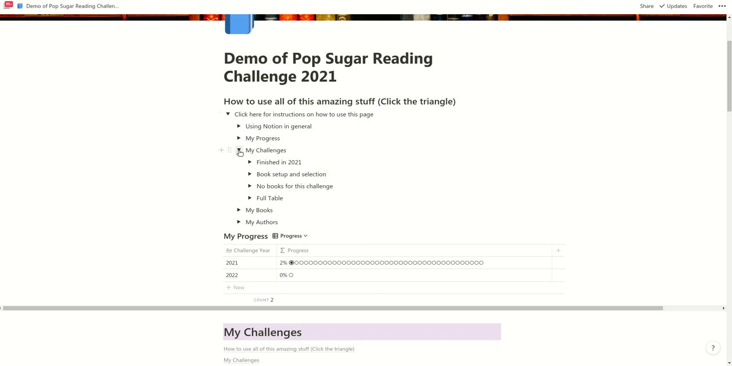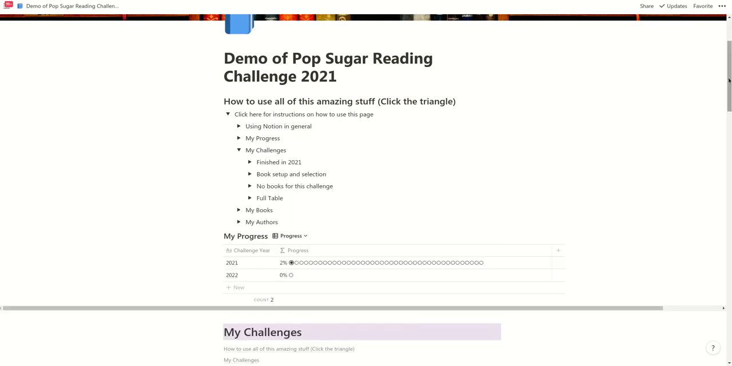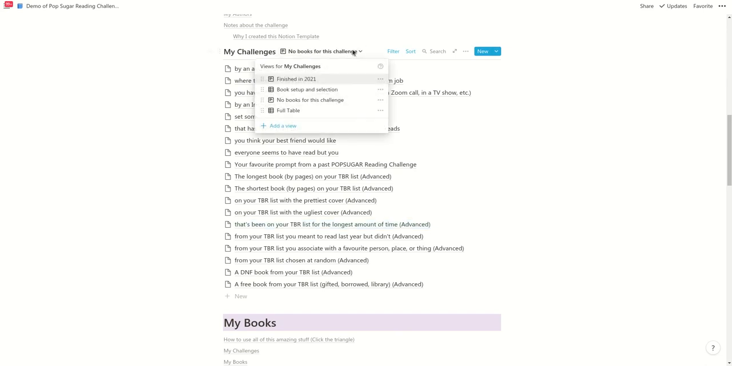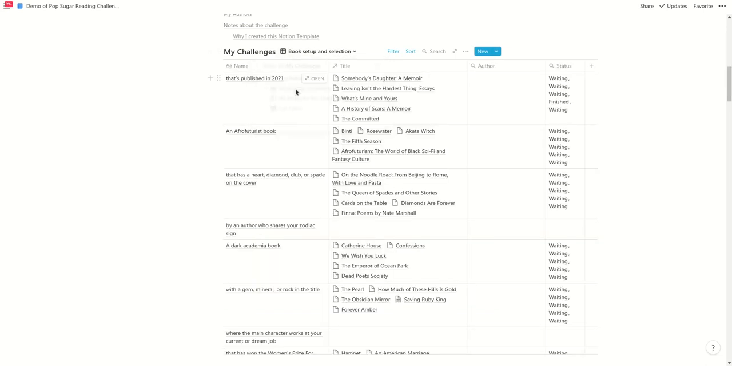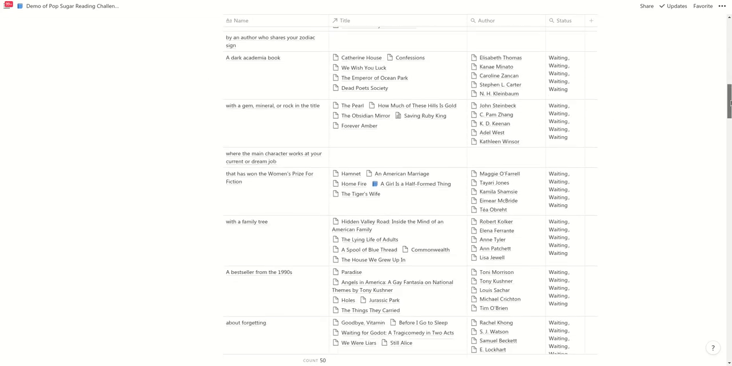So let's get started and assume that you want to add a book to your challenges. Book setup and selection is a good way to go. Under book setup and selection, there's instructions for how to add books. It's fairly straightforward, and I'm going to show you that now. So we go down to challenges, and under challenges, we'll choose the view, book setup and selection, and then we'll choose a